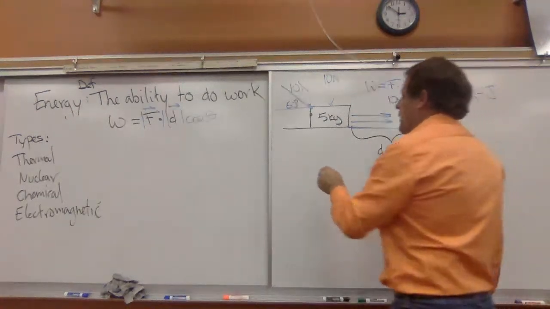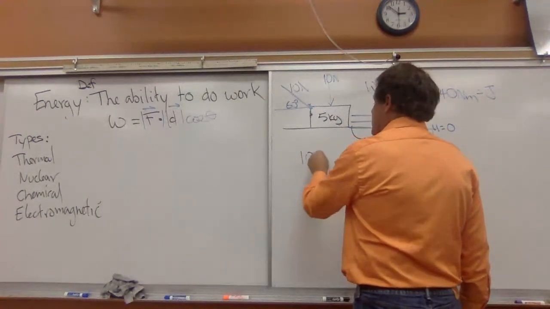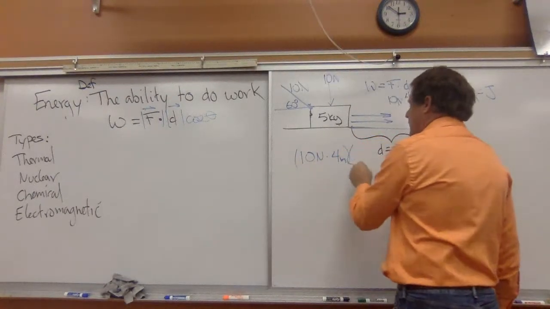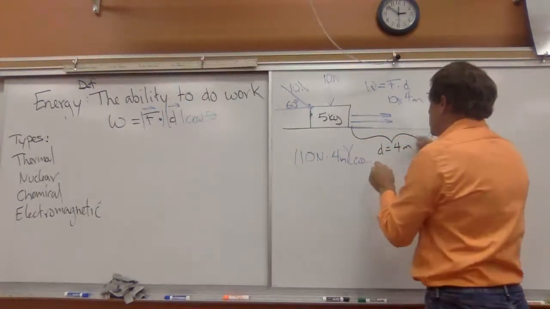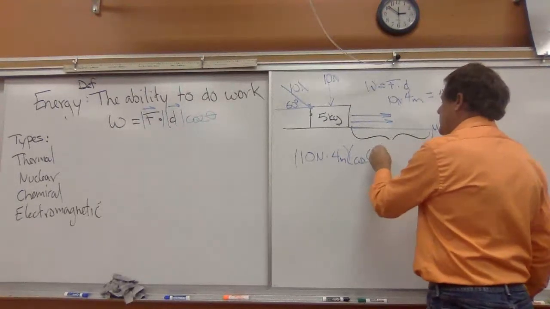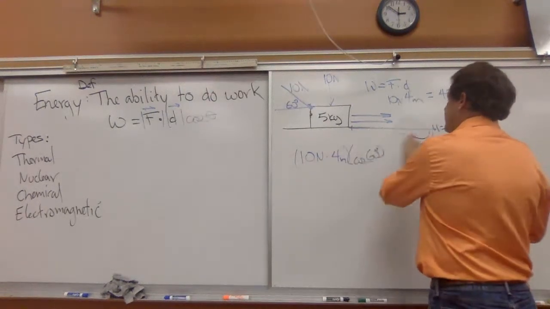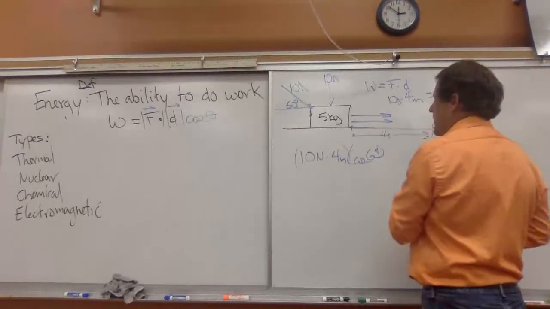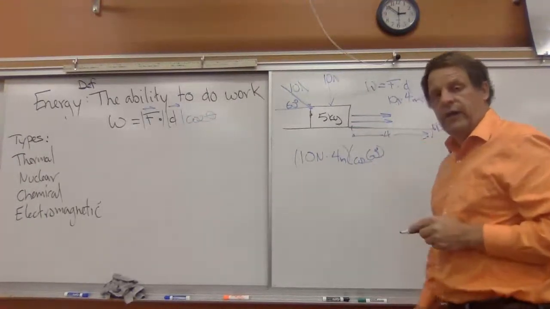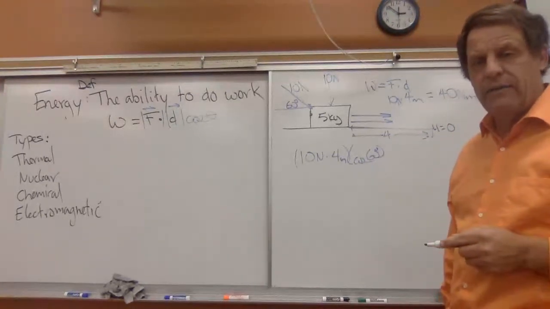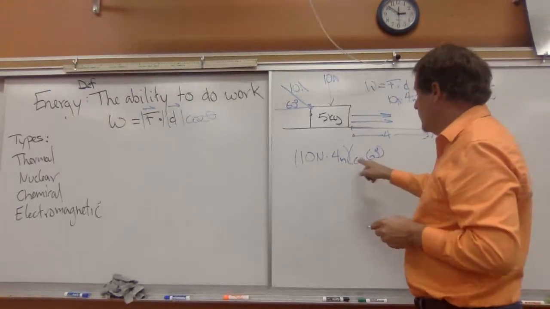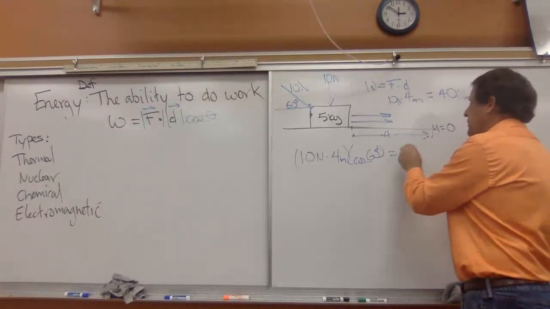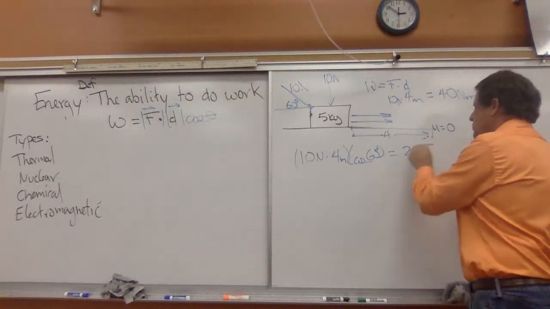So we're going to say again 10 times 4, but now we're going to have the cosine of 60 degrees. And the cosine of 60 is 0.5. So 10 times 4 is 40 times 0.5, and now we're only going to have 20 joules